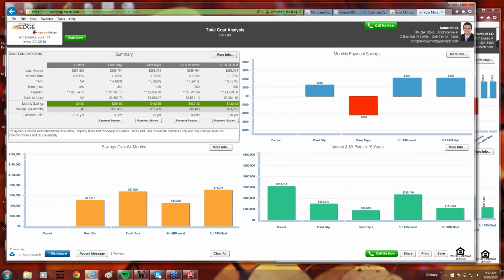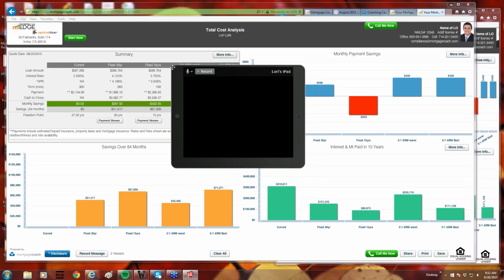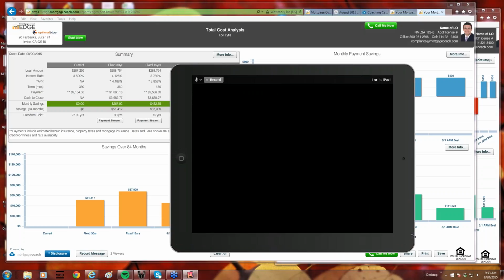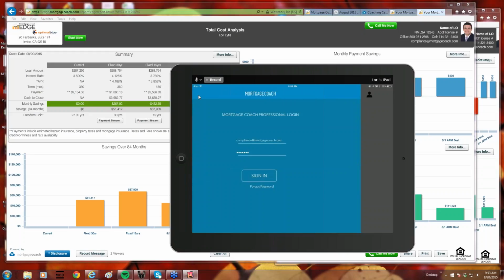So let me bring back my mobile device, and we're going to actually make this a little bit larger for you. Just one moment. Okay. So I'm going to go ahead, and this is the report we're just looking at. What I want to direct your attention to is the silhouette in the upper left-hand corner. That silhouette will allow you to log into your Mortgage Coach account and be able to record a video as well as work in Edge Live. So if you go ahead and sign into your mobile device,